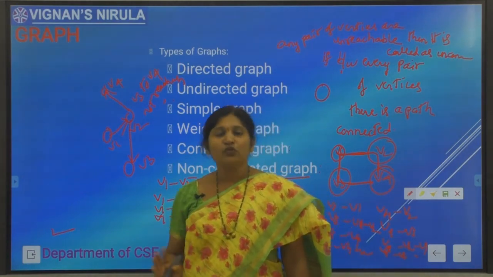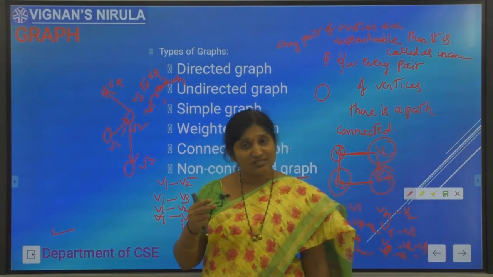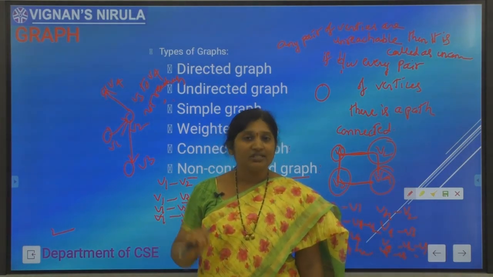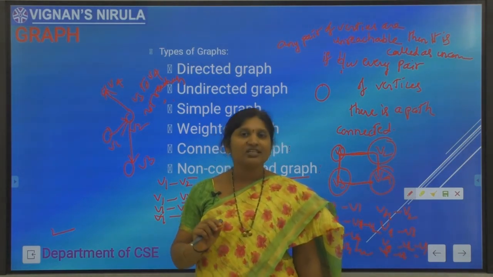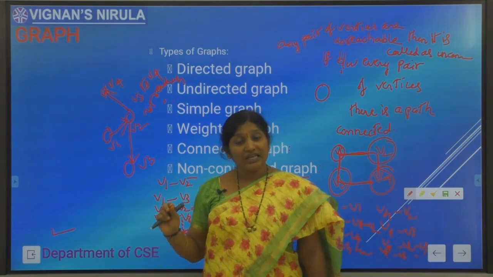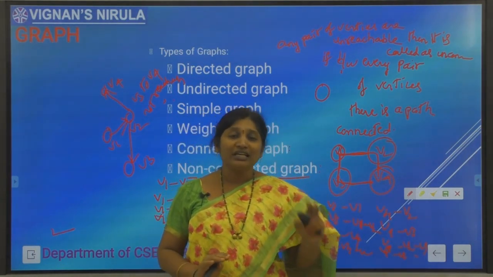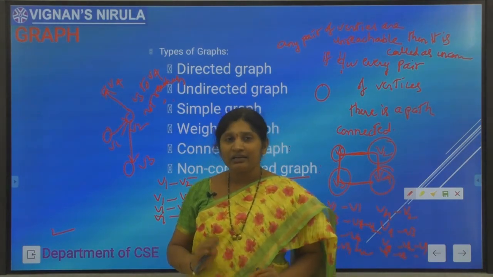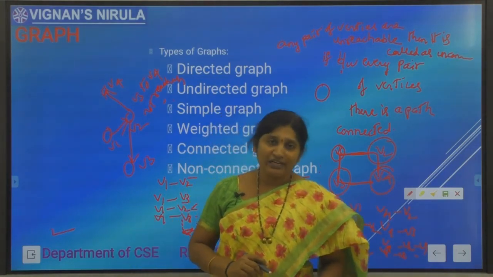Coming to the fourth data structure, queues. A queue is also a linear data structure which organizes the given elements in first in, first out manner. That is, the first inserted element will be the first element to be deleted. In a queue, the insertion process takes place at one end, called the rear end, and the deletion process happens at the other end, called the front end.